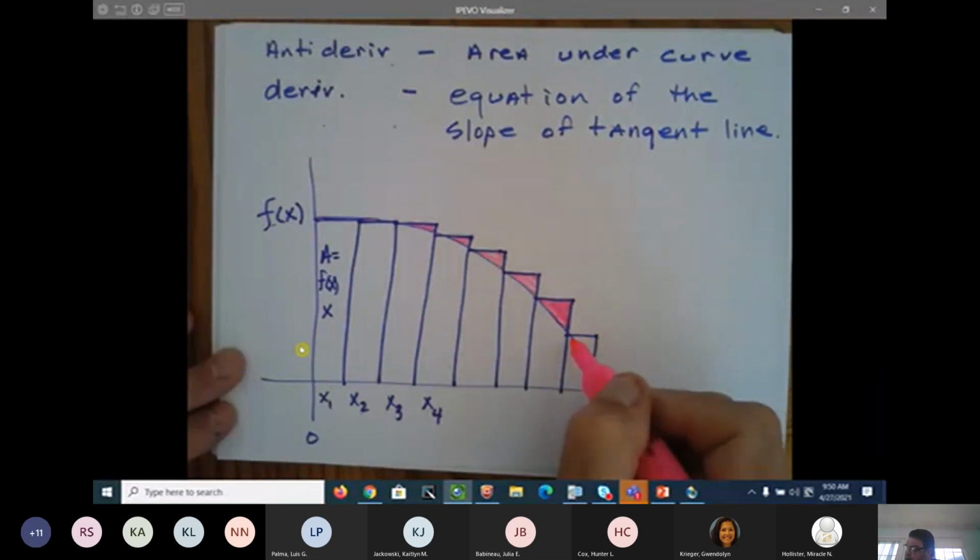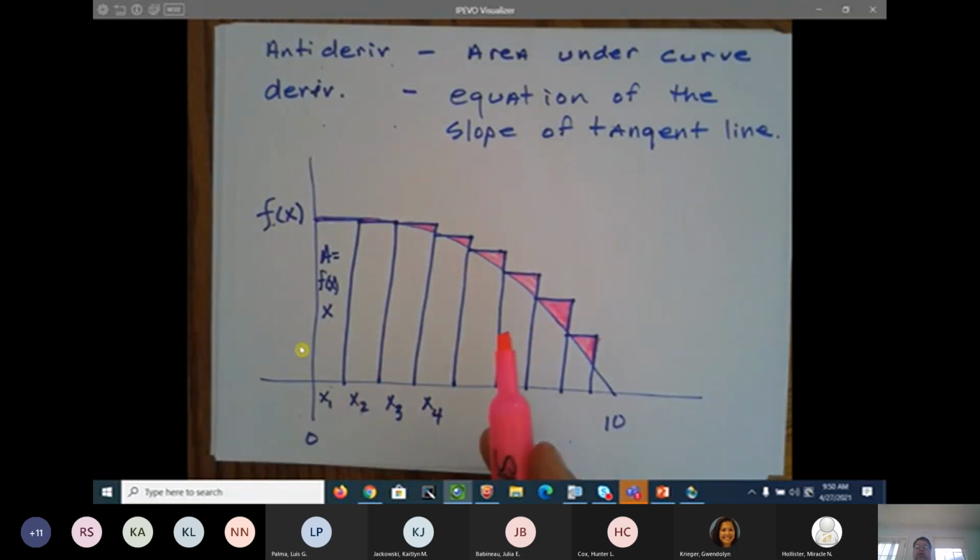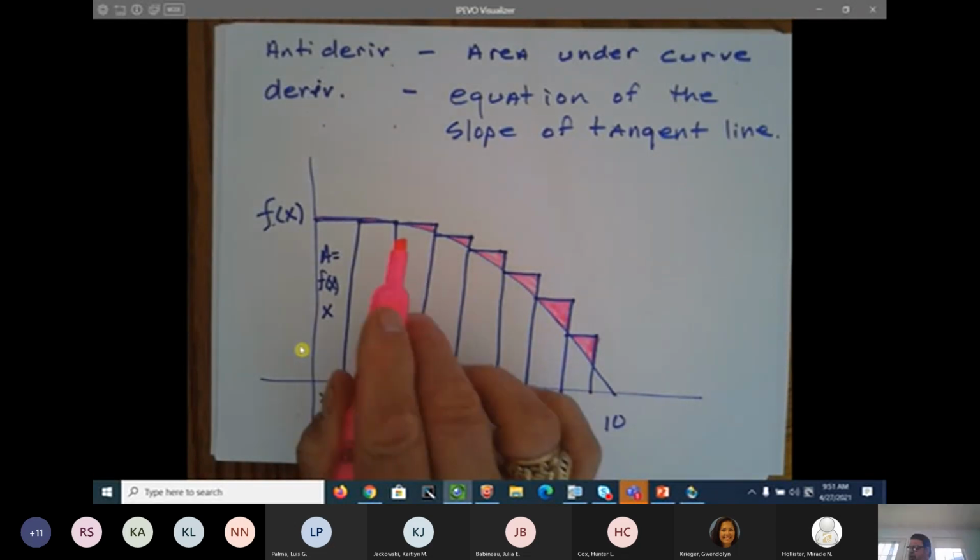I'm not going to spend a lot of time going through that. You can read your book with that. You can have area under the curve or you can have area over the curve. And I'm not going to spend a lot of time with Riemann sum. Okay, I want you to understand how to find the area under a curve. All right. So how do we get rid of